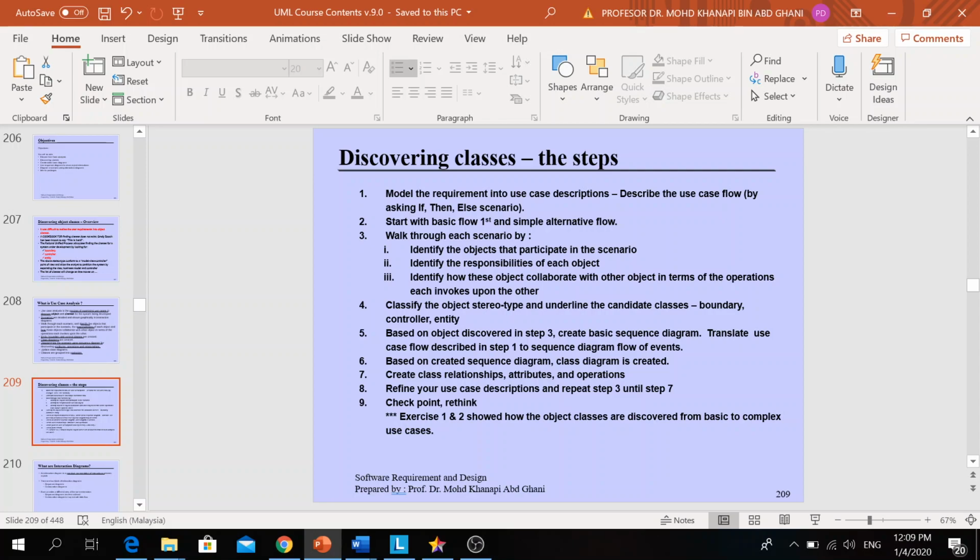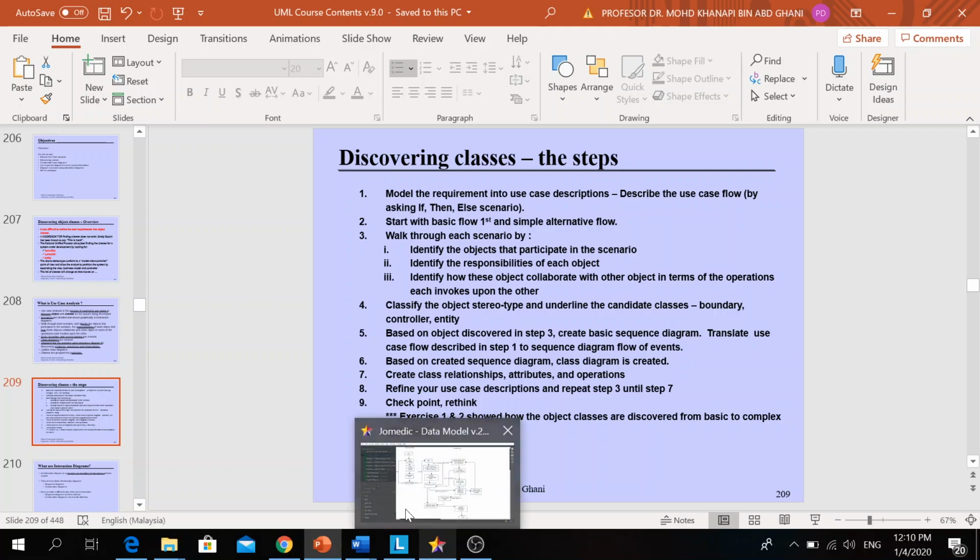Based on the objects discovered, when you already identify the objects or classes in your use case description, what you need to do is try to diagram the objects in the class diagram.